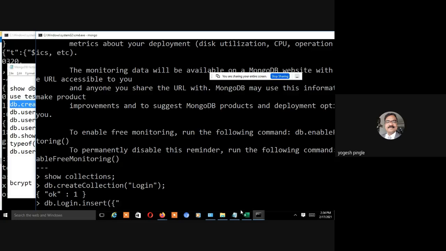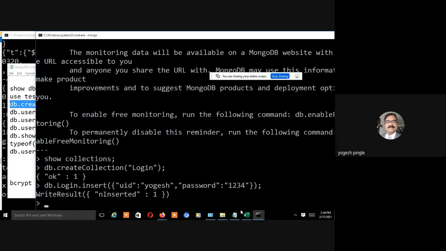The key can be UID, and my UID can be Yogesh1. Then, after a comma, say password, and the value can be 1234, open bracket, close it. If you get a result like this, that means I have inserted one document successfully. It writes the write result, so one document has been written correctly.